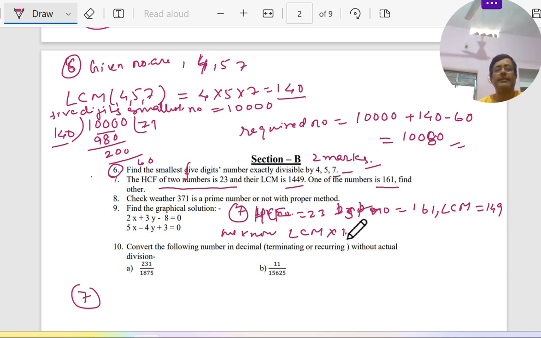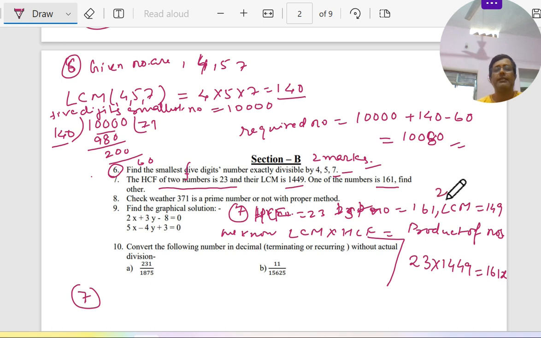We know LCM multiplied by HCF is equal to the product of the numbers. So we write here 23 times 1449 is equal to 161 times the second number. I take X. So we take here second number is equal to X. Actually space is small here, so I am writing X. Otherwise I write 161 times second number. Therefore second number X is equal to 23 times 1449